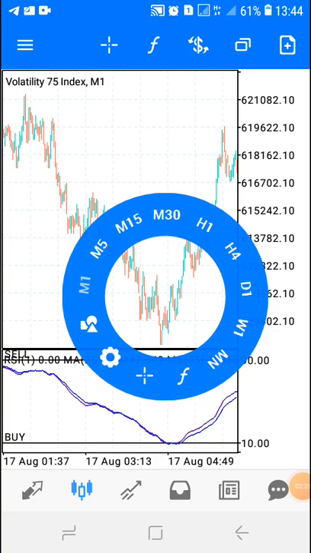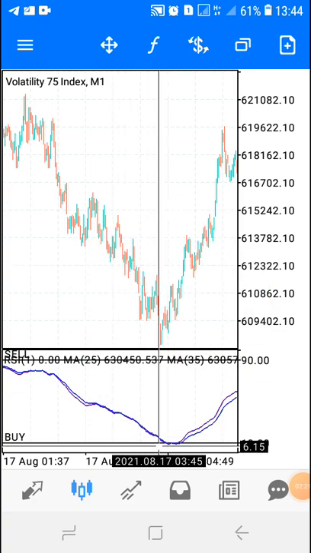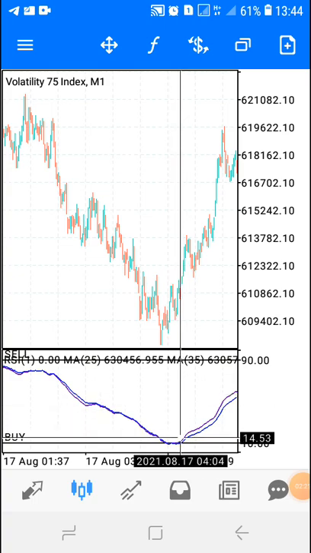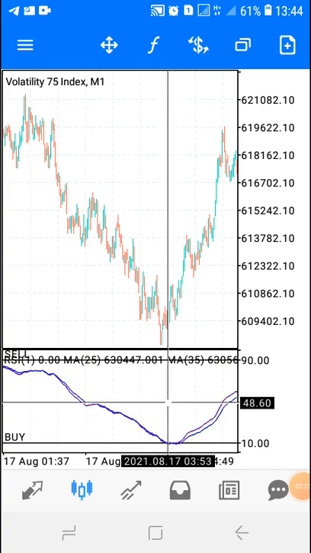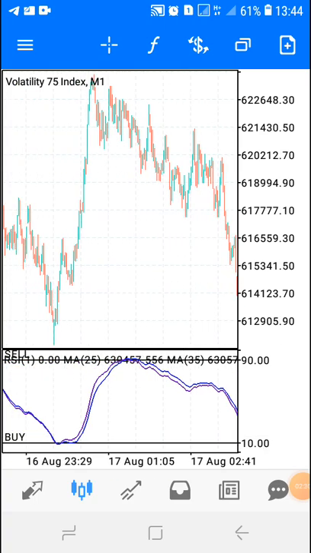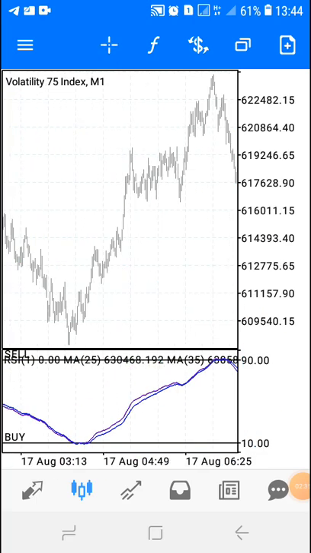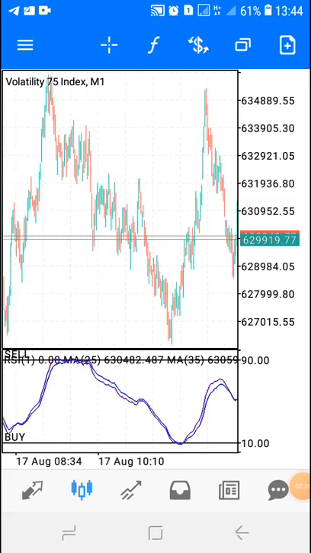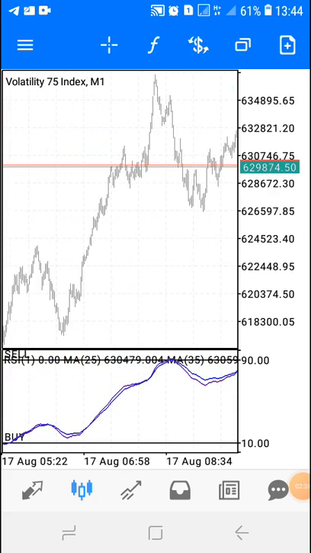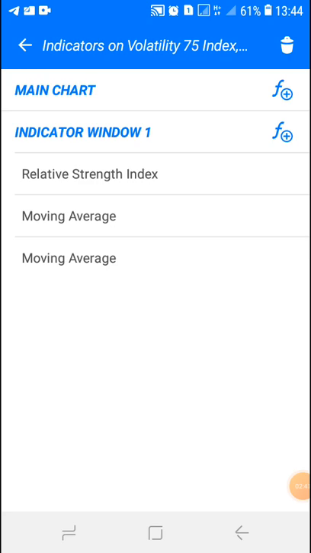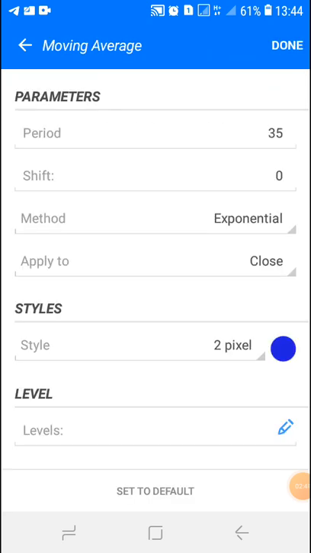So you can actually use these indicators on their own, with a bit of price action. For example, when the market comes to this level, you are going to buy, right? And when it comes to this level over here, you're gonna sell. But you need to make sure that the chart is zoomed out completely, and that the indicators at the bottom don't move. Okay, so our last indicator is going to be our moving average again, and we're going to